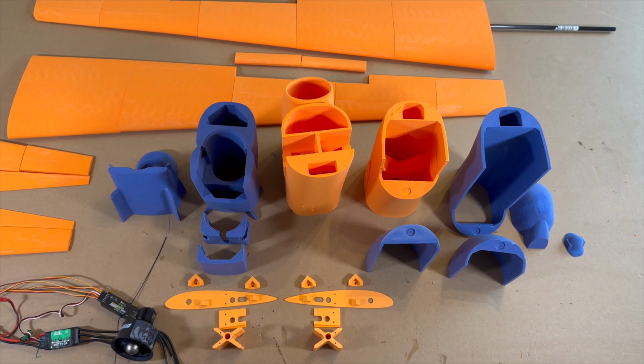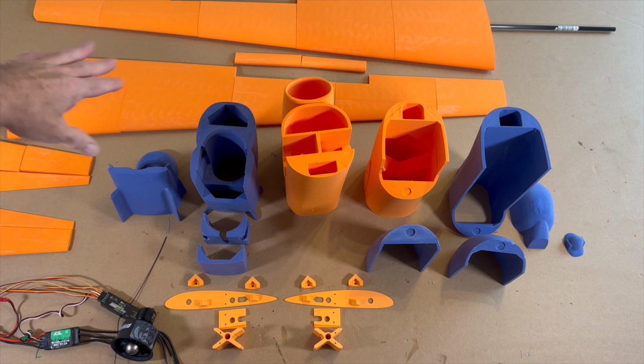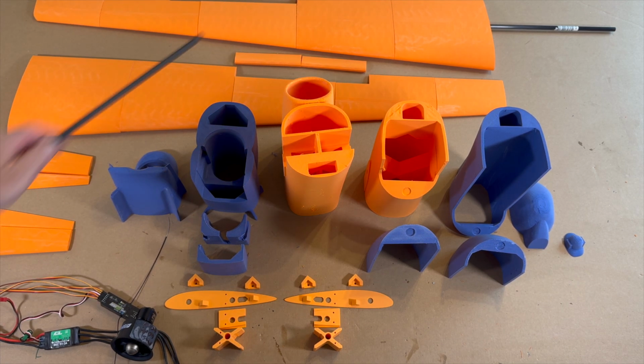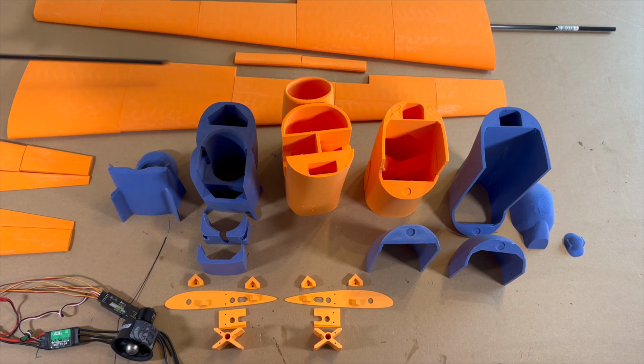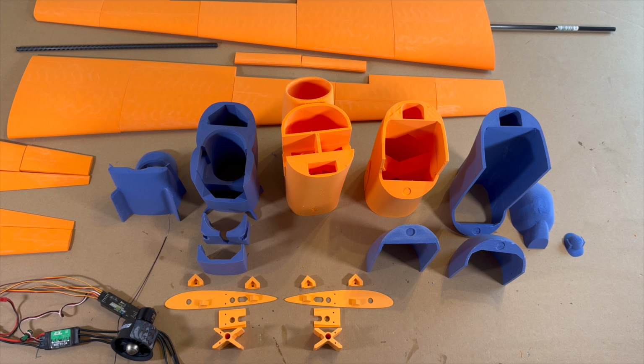Hello guys, it's a build video of the Global Hawk from PTIKYLE, and I want to introduce you the parts you need. And you see here the fuselage parts, the wing parts, the wing bar, one of this, and the shorter one for the middle part. And then we need also